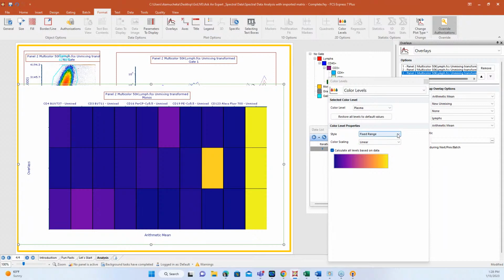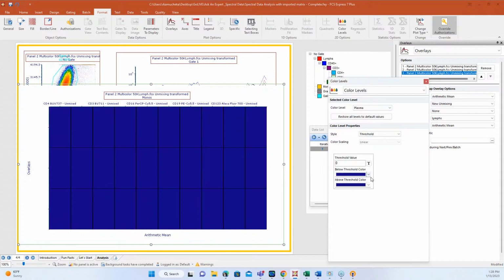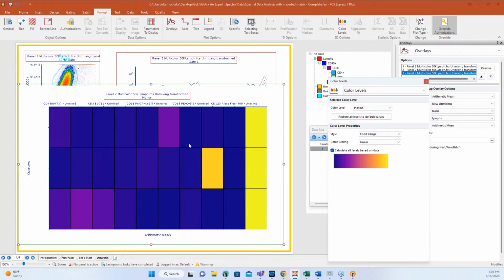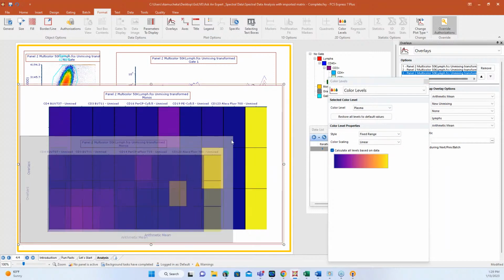And like Holly was saying, if you're doing a quick screen, one of the things I like to do is thresholds. So you can basically just say, if it's below this value I set, I change it one color, and if it's above that, I change another. And then you just have off and on scaling and you can see, oh, this is it, this is it. You can quickly look through a lot of information to see what's happening with your data. That's really a useful tool when you're just trying to glean as much information out as you can.